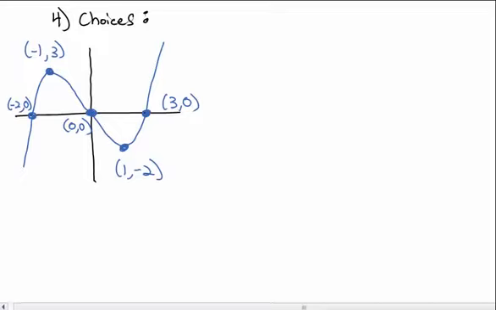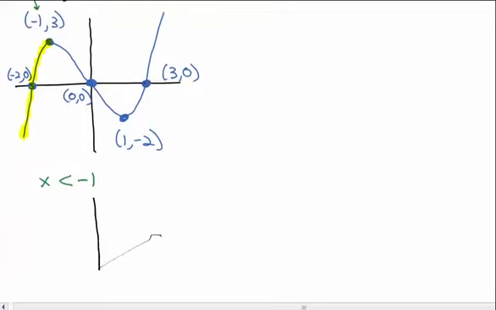One option is if we just look at the left part of the graph, the yellow. That would pass the vertical line test if we flipped it over. So doing that, we're limiting the domain to x is less than, because we want the left half. The x value there is -1. And so if we just look at x less than -1,